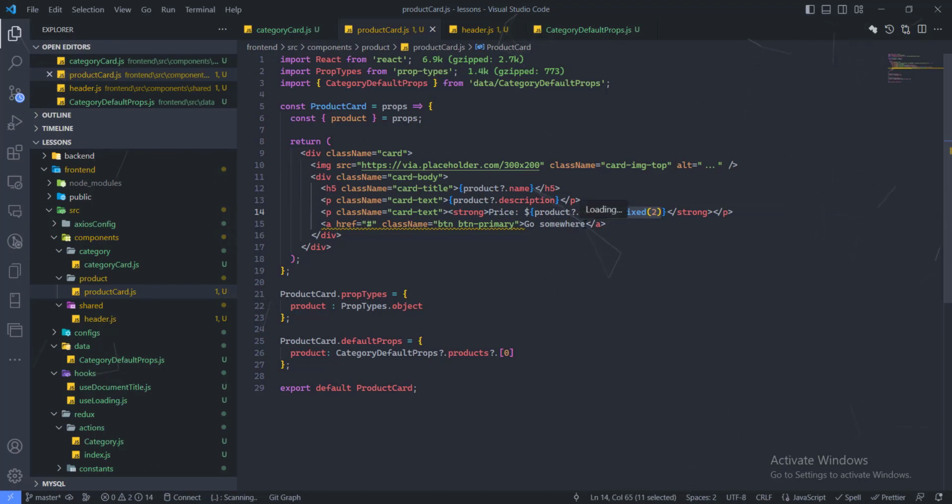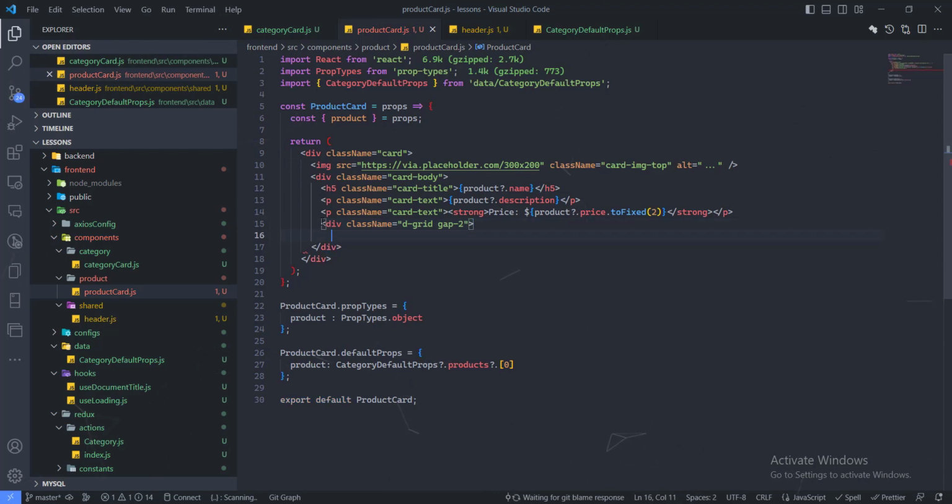And yeah, so for this button, we need to actually take away this button because we don't actually need this. Okay, so what we want to have is a div, and this will have a class name of display of grid. Okay, grid, and we just want to say gap of 2. Okay, so you need knowledge of Bootstrap to actually understand what that does,